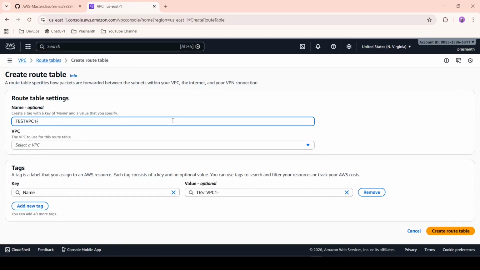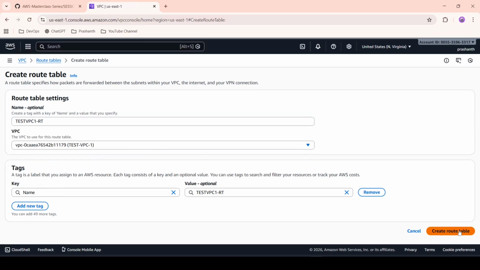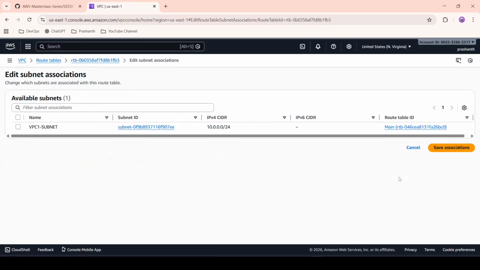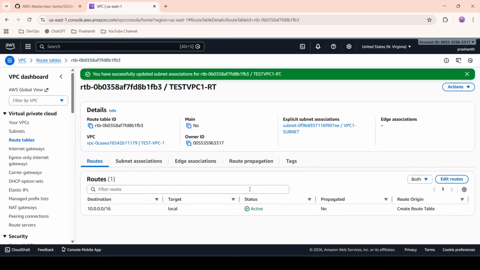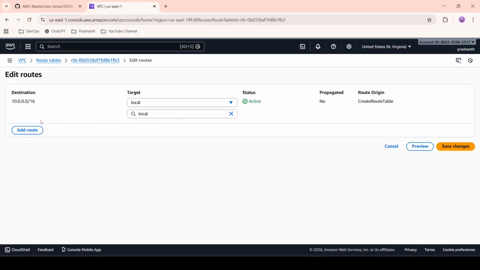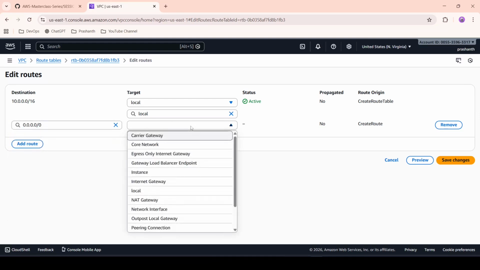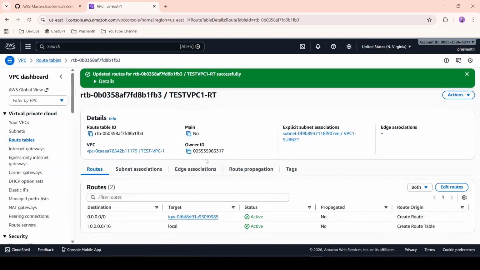Let's create a route table as well. Test-VPC1-route-table. This is our VPC. Let's click create. Let's associate our subnet, VPC1 subnet, save association, and now click on edit routes, add route, which is internet gateway from anywhere. Click on internet gateway and select the internet gateway which we recently created, and save changes. Cool,